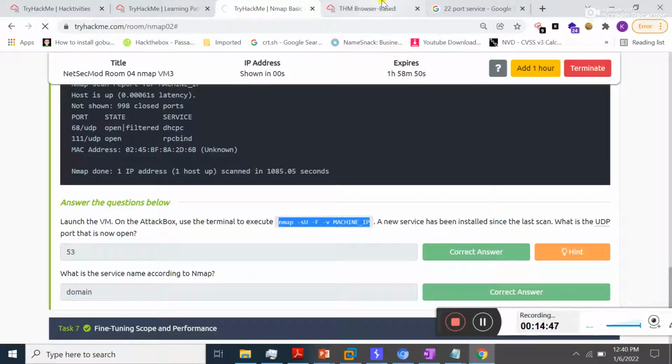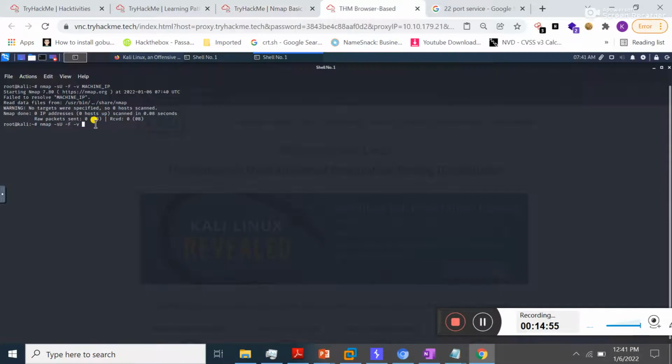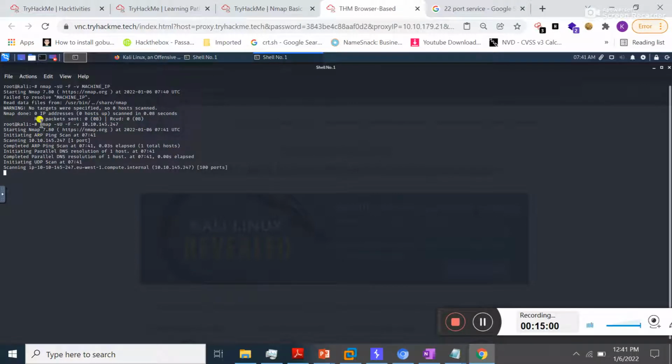I'm going to refresh my page. Okay, the IP is present to me. I am going to simply copy the IP address from here, then move to the terminal and paste it here. See here, now Nmap starts the UDP scan against this target machine.